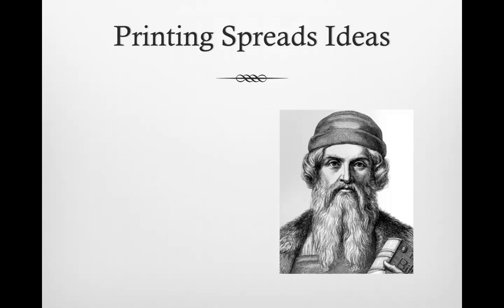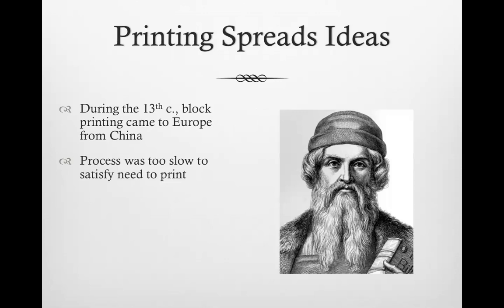One of the biggest ones is through printing. During the 13th century, block printing came to Europe from China. You may remember the Chinese had used block printing in order to print documents. Well, this block printing process was very slow, and so it took a very long time to print things and get things made. So it was often too slow to satisfy what was really this need to have more printed